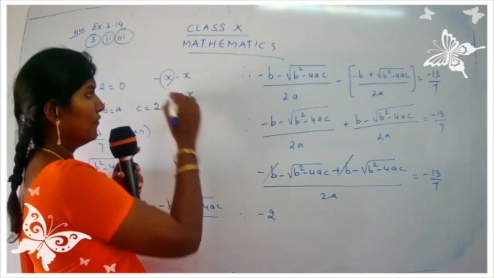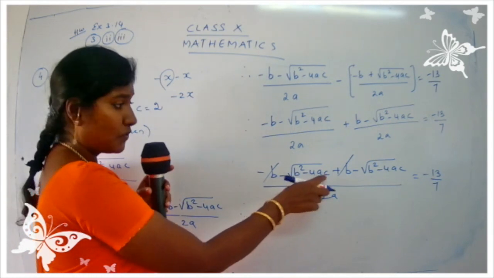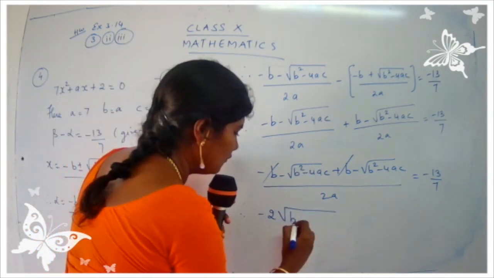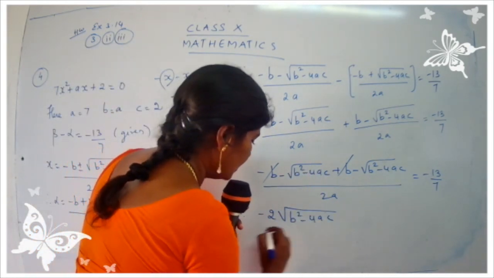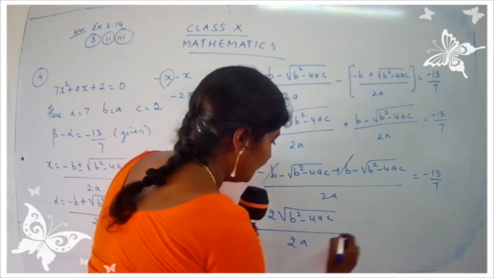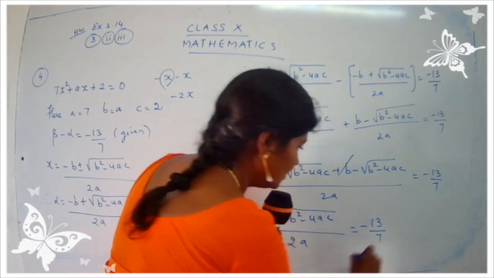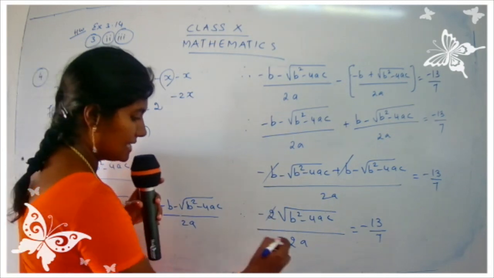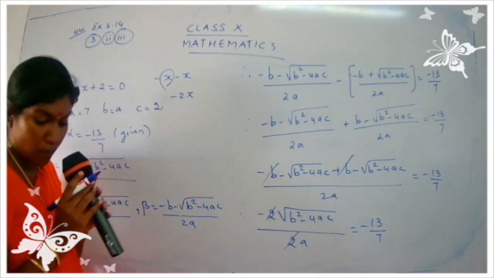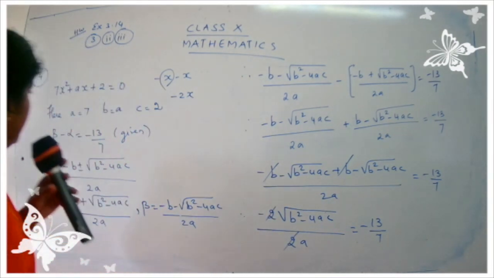Here instead of x, what we are having? Square root of b square minus 4ac. So minus 2 times square root of b square minus 4ac upon 2a is equal to minus 13 upon 7. I'll cancel the 2 and 2. So now what I'm going to do is,